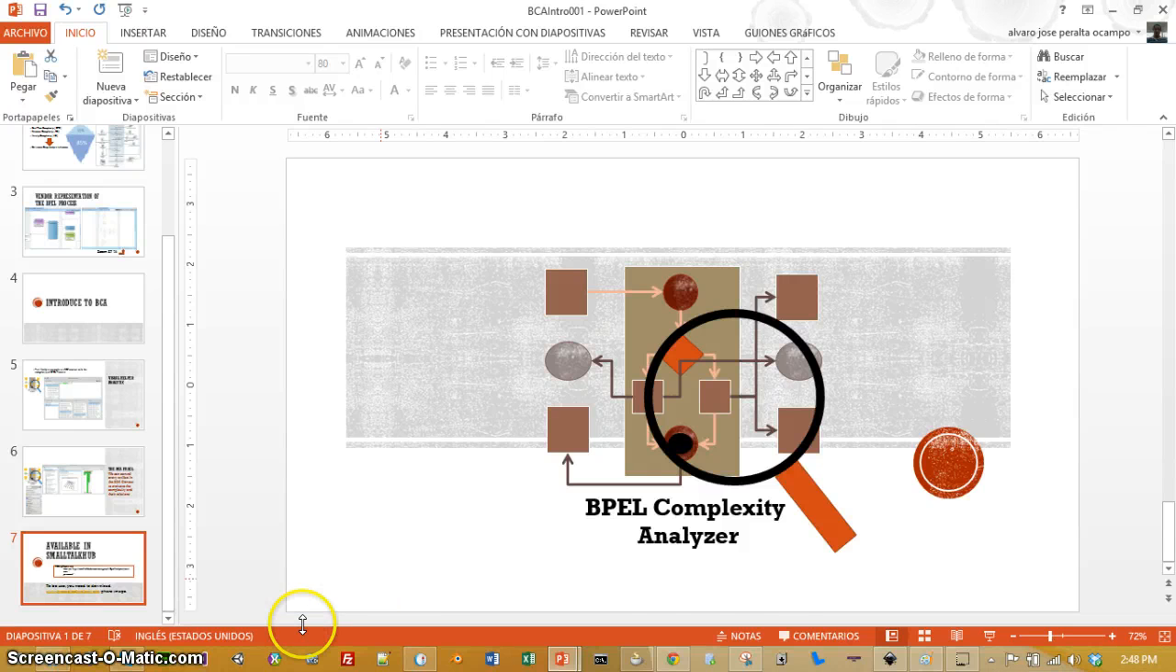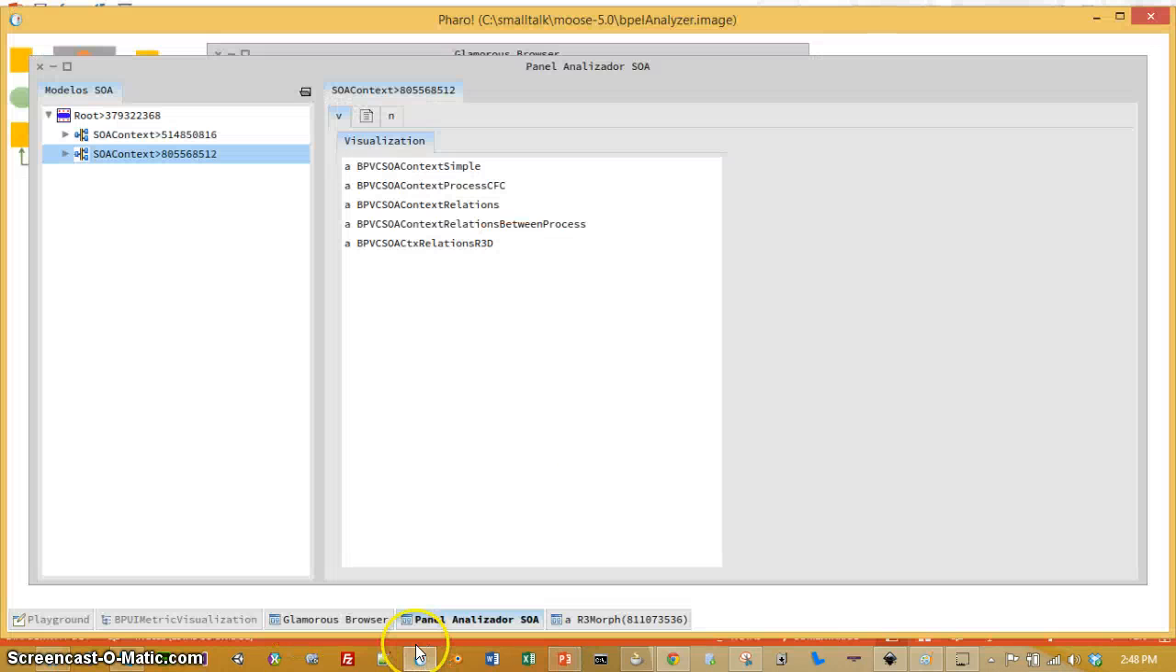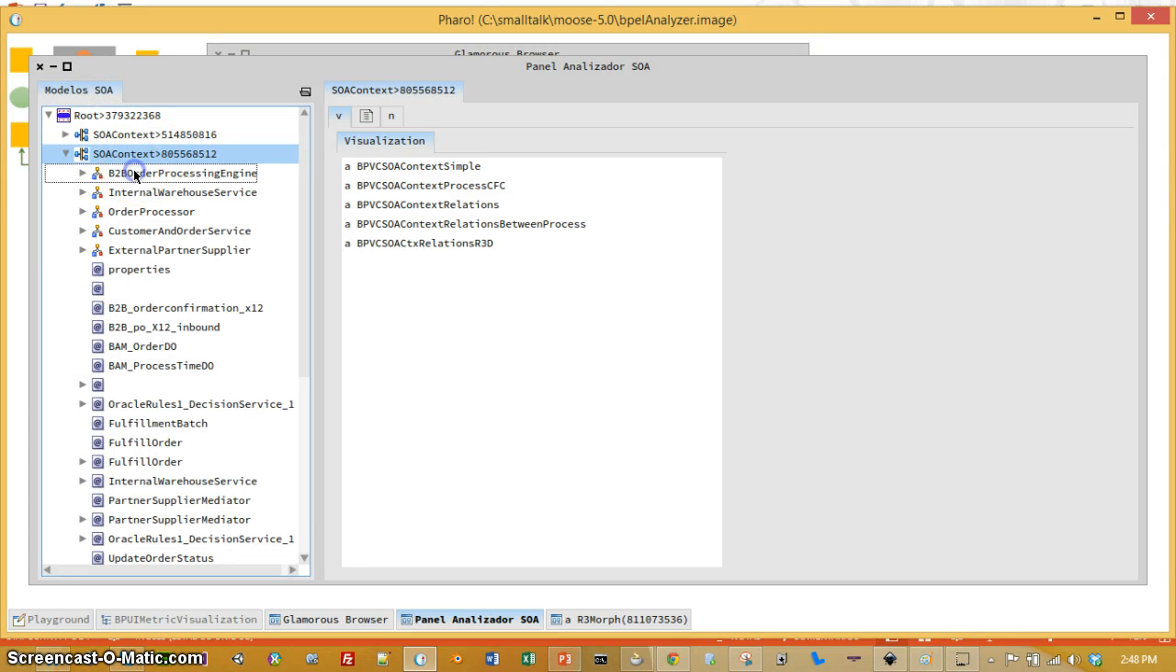This is a little example. For example, at this moment I can show you the process engine and different visualizations. If you can select